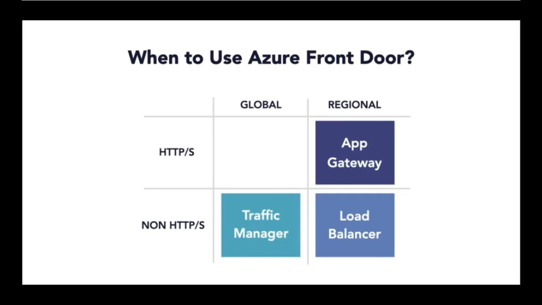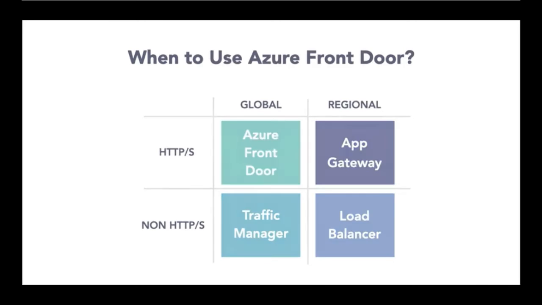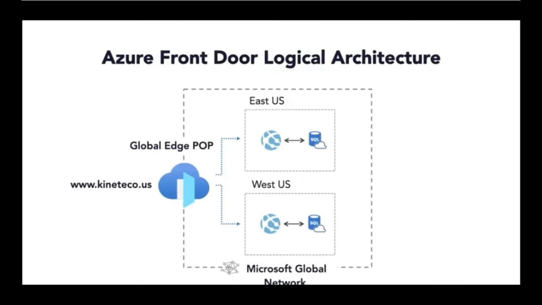So Azure Front Door, first and foremost, doesn't ride the internet. It leverages the Microsoft Global Backbone. So let's say we have multiple instances of our web service deployed, in this case in East US and West US. We have our global edge points of presence with Azure Front Door or a custom URL, and Front Door will route requests to the appropriate backend pool based on our routing rules.